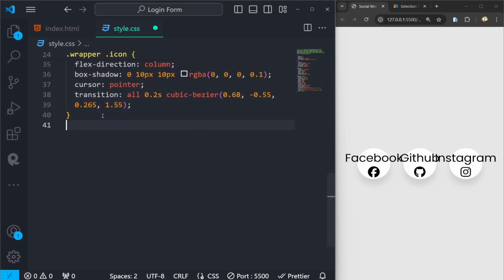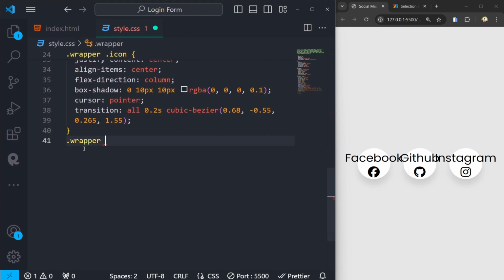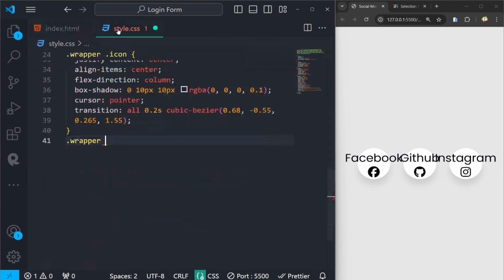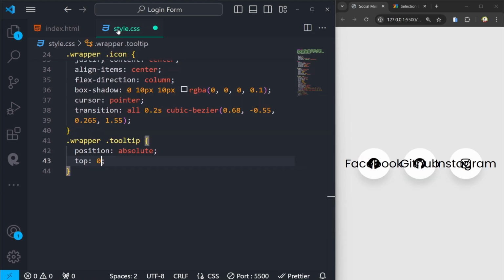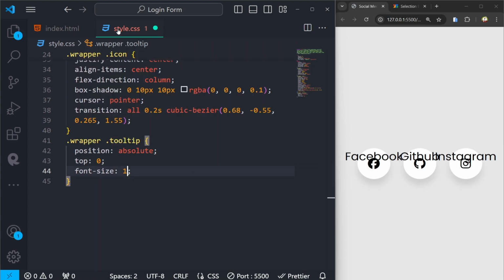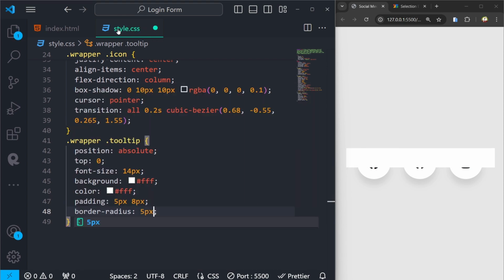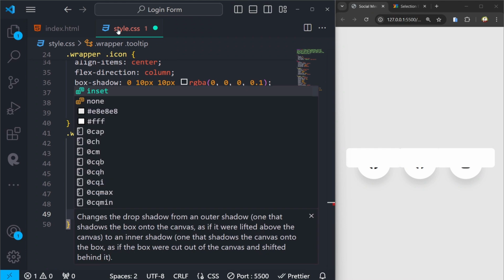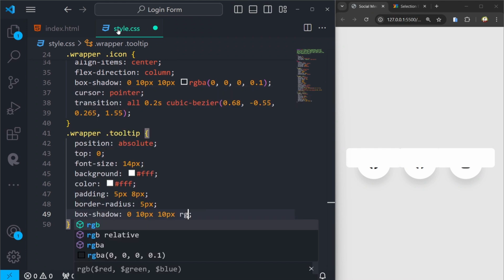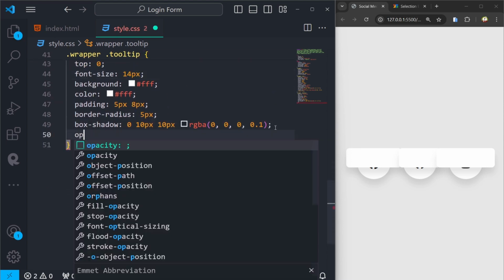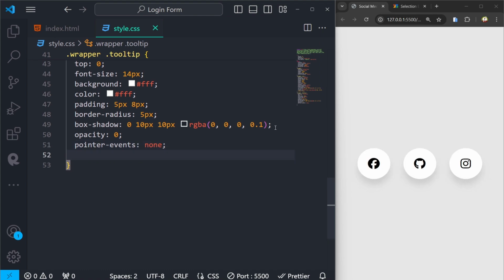Now scroll down and copy the class wrapper and paste it. Now go to the HTML code, then copy the class tooltip and go back to CSS and paste it. Now add the code position absolute, followed by top 0, then font-size 14px, background FFF, color FFF, padding 5px 8px, border-radius 5px, box-shadow 0 10px 10px rgba(0, 0, 0, 0.1). Now scroll down and add opacity 0, pointer-events none, and last transition all